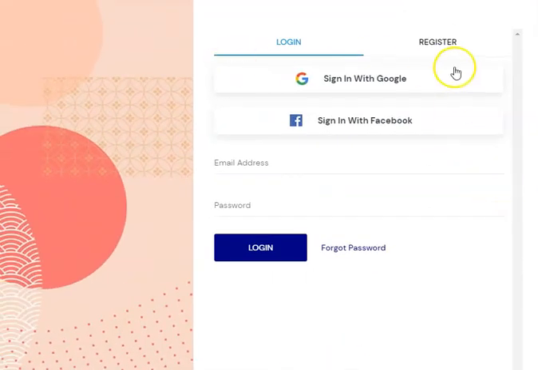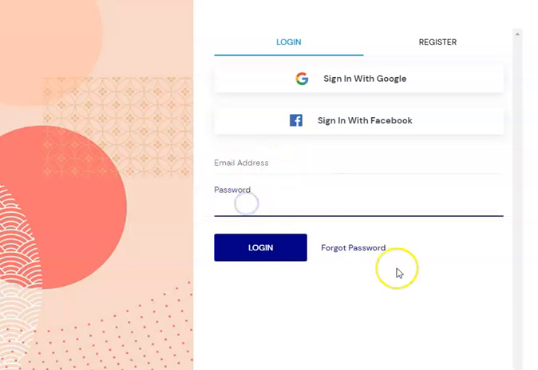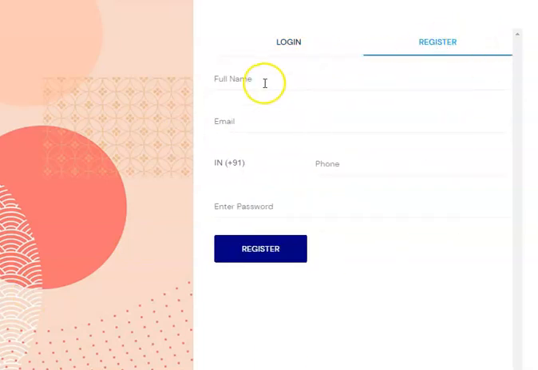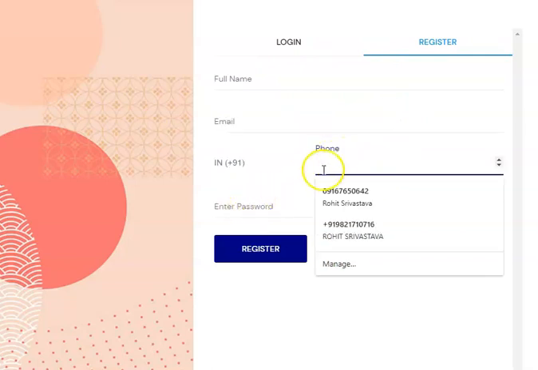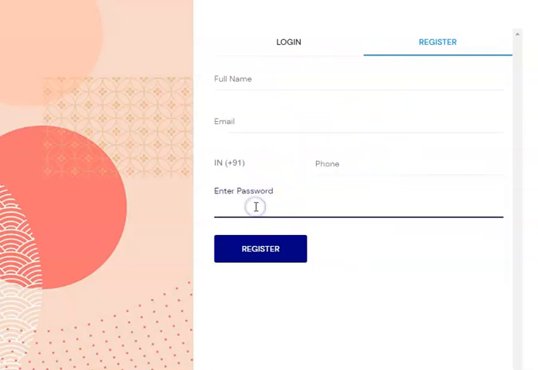register or login first. Now, if you are already an existing user from the previous site, simply put in your email ID, click on forgot password because your older password may be disabled, and then log in with the reset password that you actually create. If you're a new user, you can register your name, email ID, phone number. You will get an OTP when you put in your phone number, so you'll need to put in your OTP number, and then you're ready to get started.